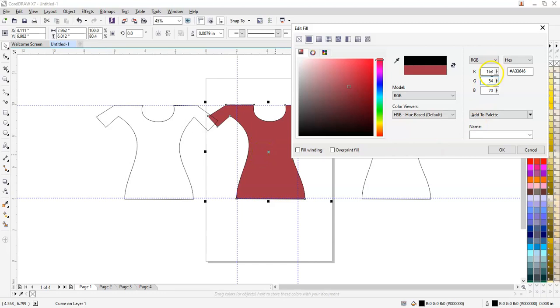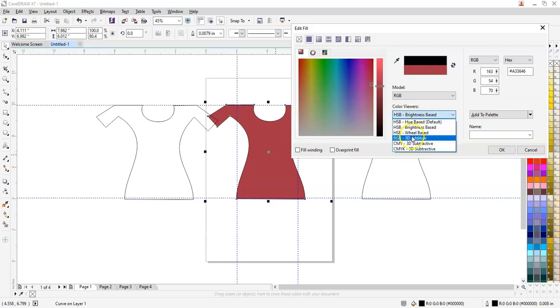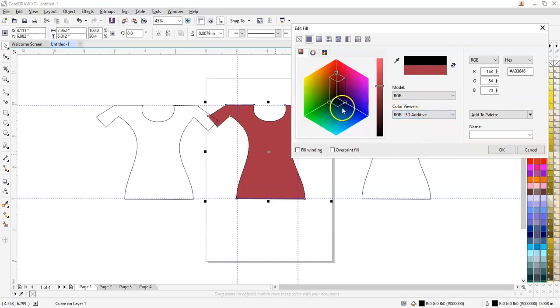So because I had maintained the numbers over here in my diary, that is the reason I was able to get my color immediately. So I have to maintain the model number and the color viewers. Now when I say color viewers, if I say brightness base, then you will have the brightness base colors. So you have the color viewers separately in RGB 3D additive. Here you have the separate viewers over here. So the creativity is a bit different, but the measurement units which will be used here will be the same.